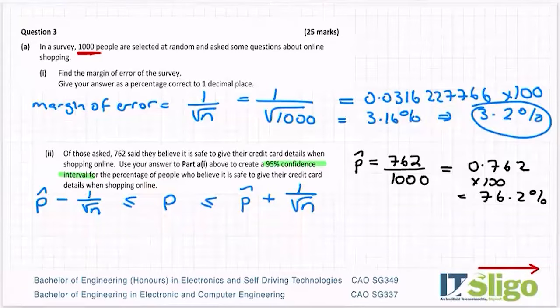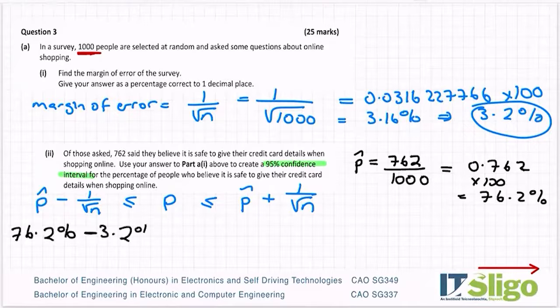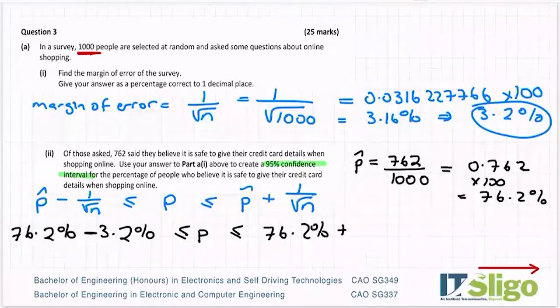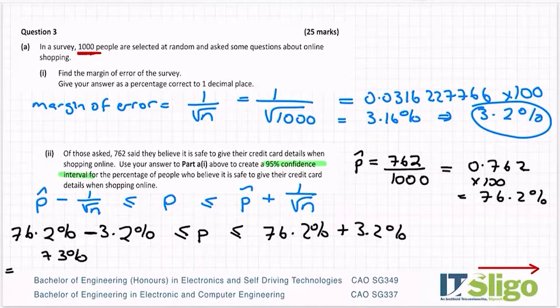So to explain that more, I'm going to go 762 over 1,000 minus, well, actually, if it's okay with you, I'm going to do it as a percentage because I have it here: 76.2% minus my margin of error is less than or equal to P is less than or equal to 76.2% plus 3.2%. Let me do the maths on that. So 76.2 minus 3.2 is 73%. And if you didn't want to write the maths language,